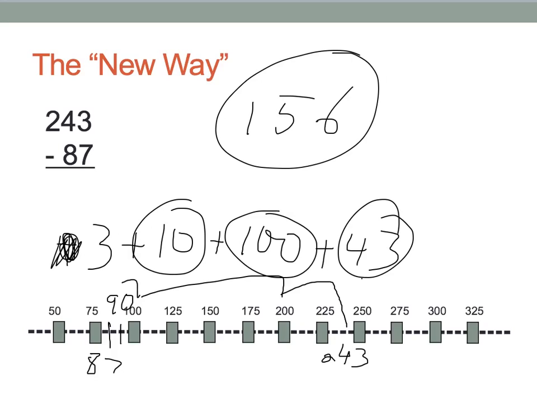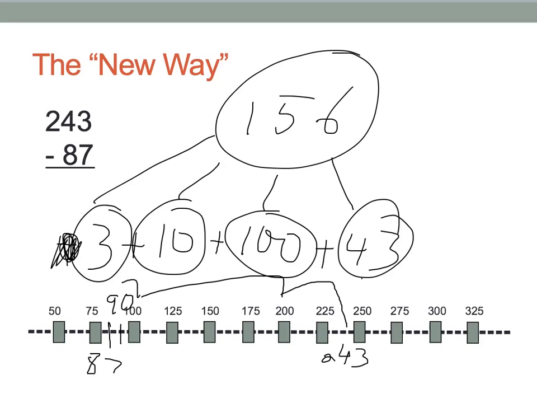90 down to 87, well, I can simplify that. Okay, so I know that that's 3, pretty simple. So 3 plus 10 is 13, plus 100 is 113, plus 43 is 156. So again, I've got the answer pretty simply. Now that you see it,